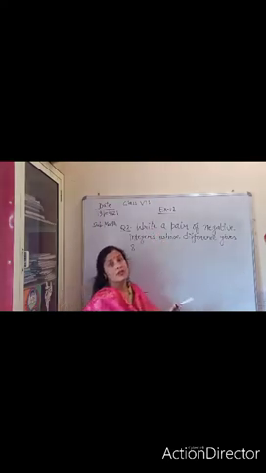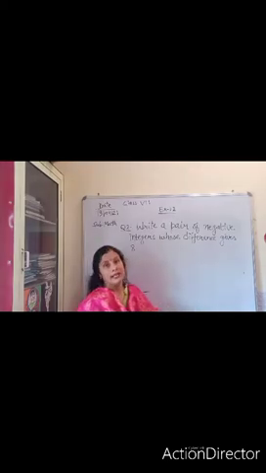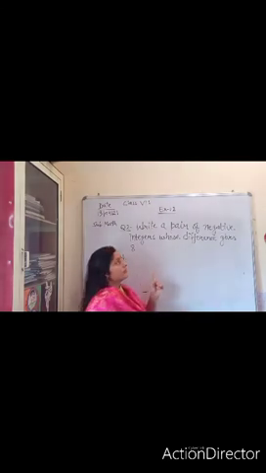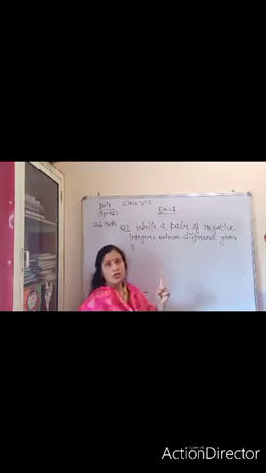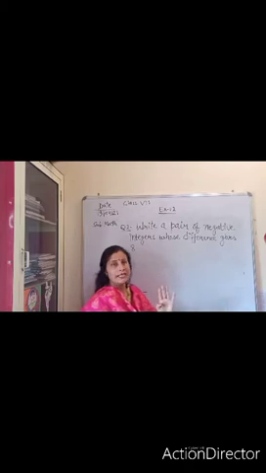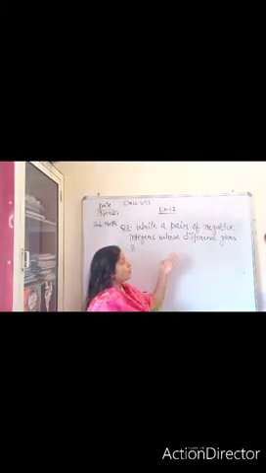In previous lecture we discussed properties of integers. Just take a recap. I told you that there are basically 4 properties related to integers. Number 1, closure property. Number 2, commutative property. Number 3, associative property. And number 4, additive identity or additive property. Basically these are the 4 properties and we are going to do sums based on these properties.